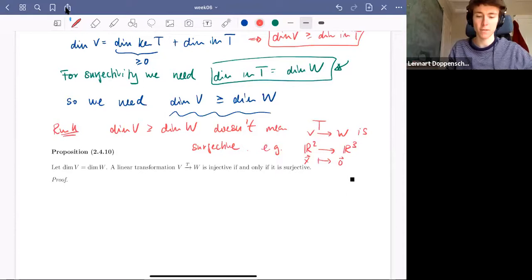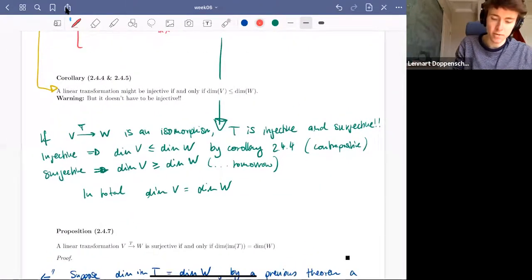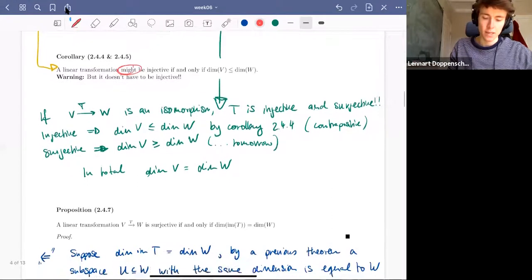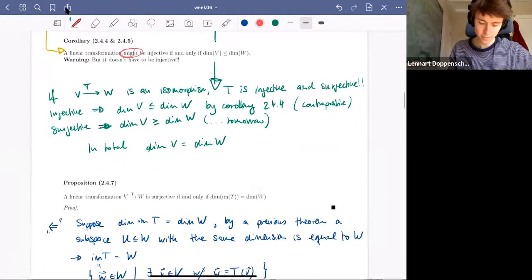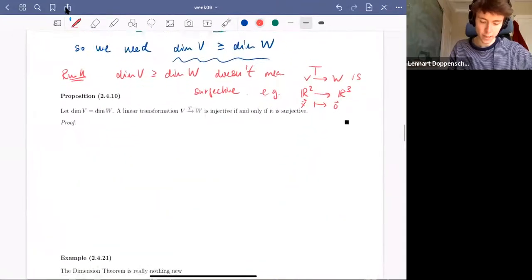Same with injective. If we have this condition that it might be injective if and only if the dimension of V is less or equal than the dimension of W, it's not guaranteed that every transformation will be injective. All right, so let us quickly